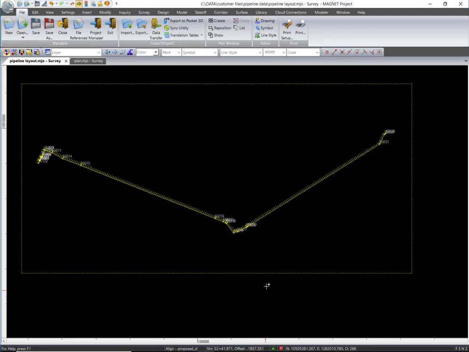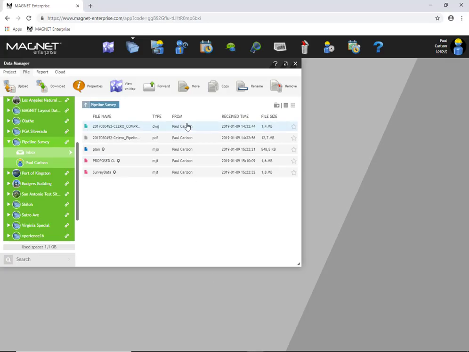Once everything has been uploaded to Enterprise, it should show up in the list. I went ahead and uploaded a couple of additional files, including the Magnet Office file, the proposed center line, and then the survey points that we just created. Again, any of these with the pin drop can be viewed on the map. So if we go back to the map view,